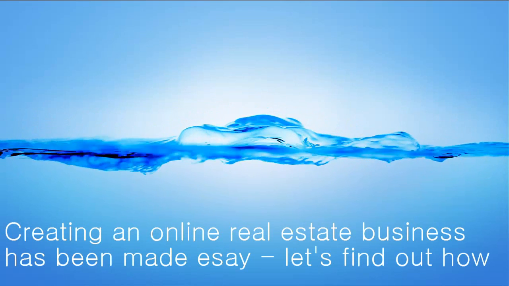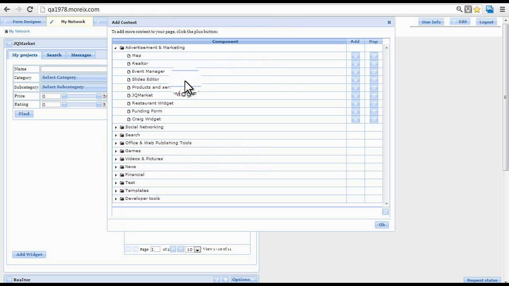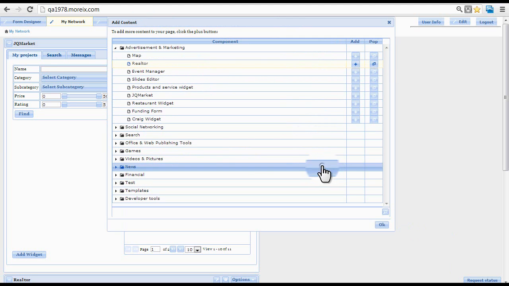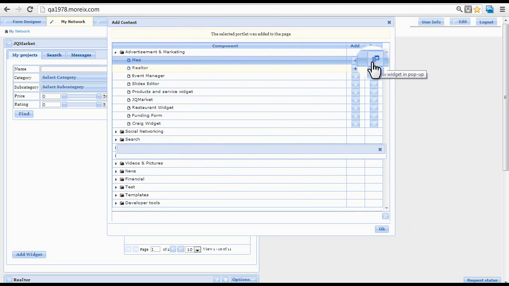First of all, we go to the Content Manager. A dialog box shows all the widgets that are available. From there, we select the Realtor and click on the plus sign to add it to your web page. If you want to see your widget in a separate window, click on the pop-out button to display the widget